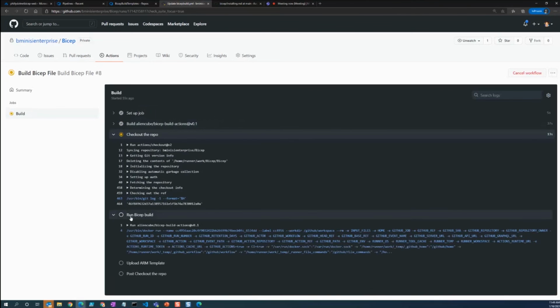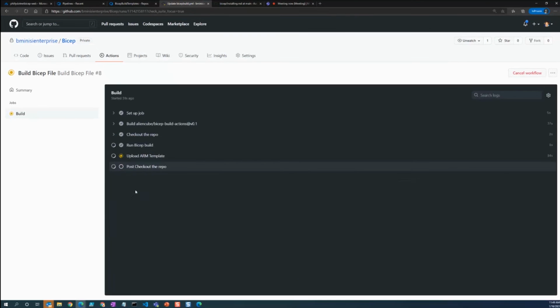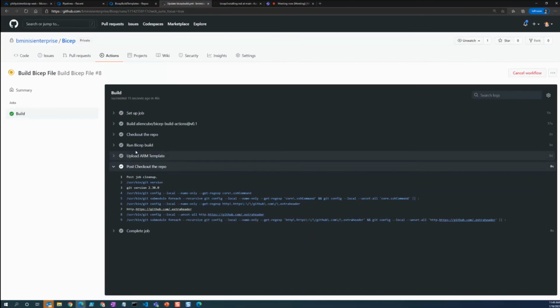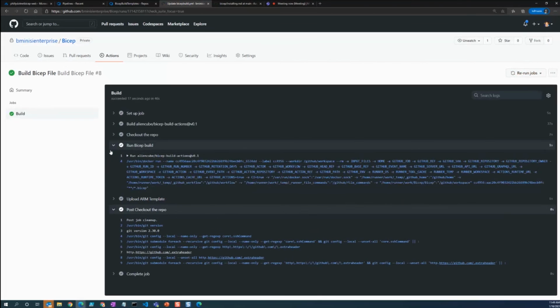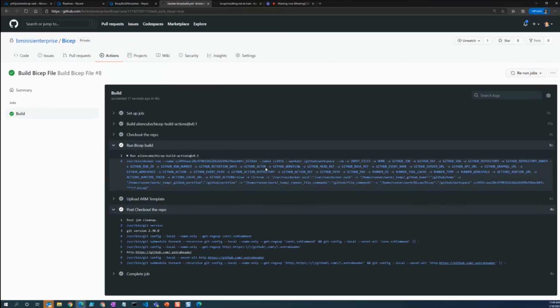Okay, now we're checking out the repo. And see how quickly this ran? We ran the Bicep build using our built-in action. And these are all the commands that were run for that.